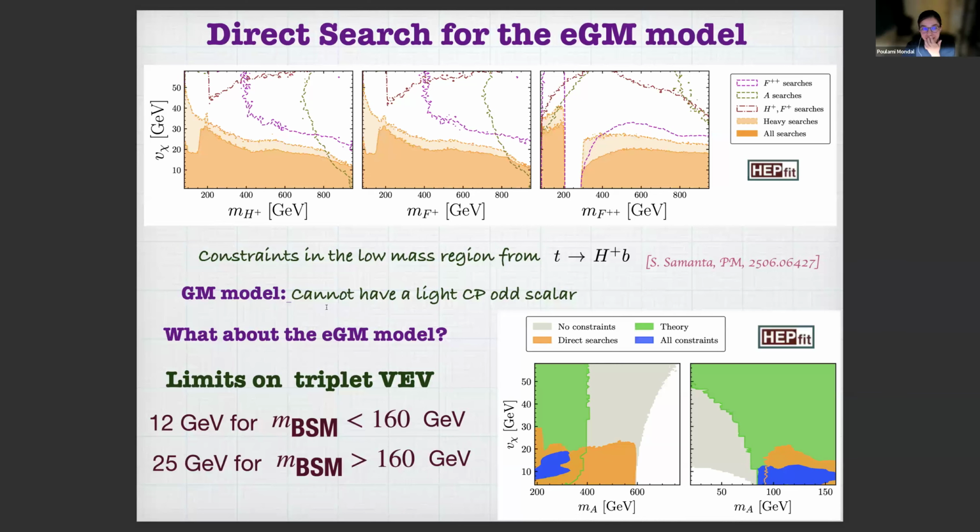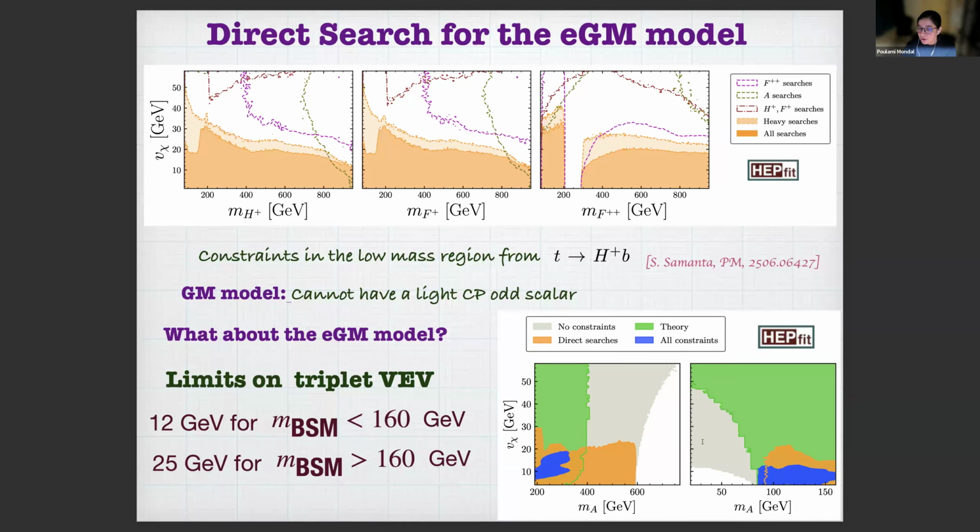I have already said that for the Georgi-Machacek model we cannot have a light CP odd scalar, because this CP odd scalar is degenerate with the singly charged scalar, and we have a LEP bound of 80 GeV on the singly charged scalar. But in the extended Georgi-Machacek model, in principle, one can have a light CP odd scalar. But it turns out that if you have one scalar fixed at 90 to 100 GeV, for example 95 GeV, then since in the extended Georgi-Machacek model your CP odd mass can be written in terms of the other masses of the theory,